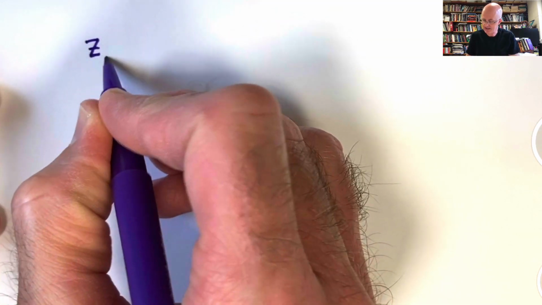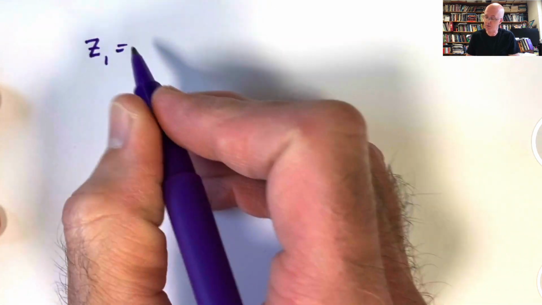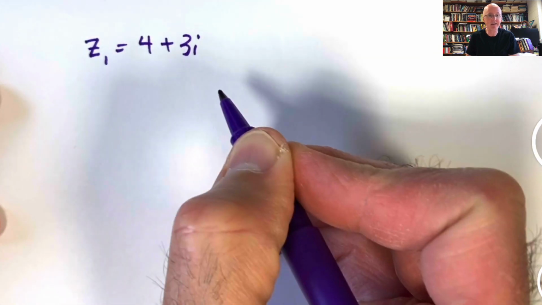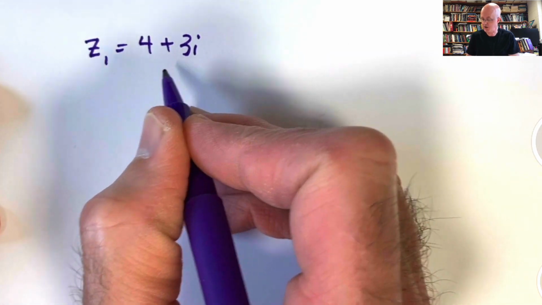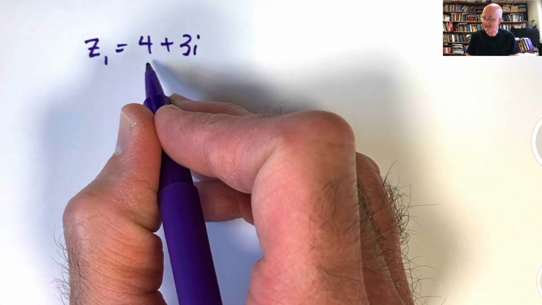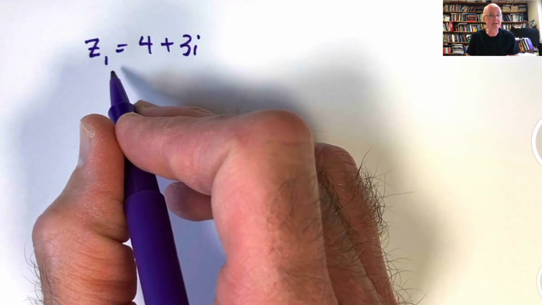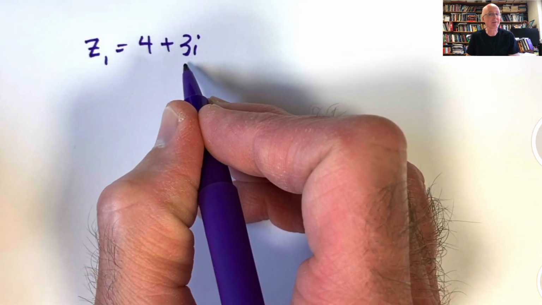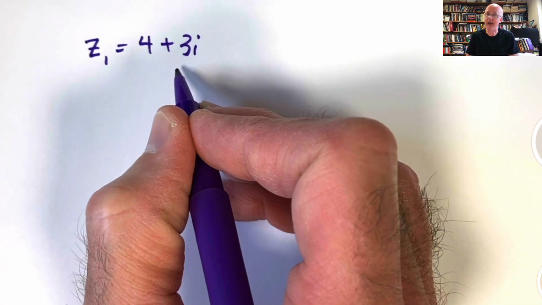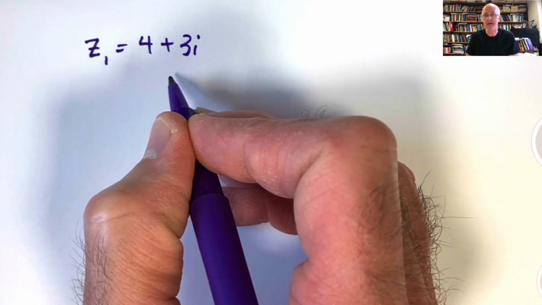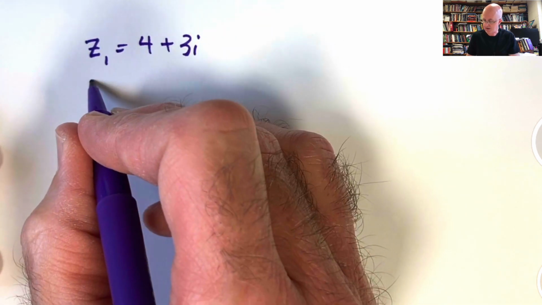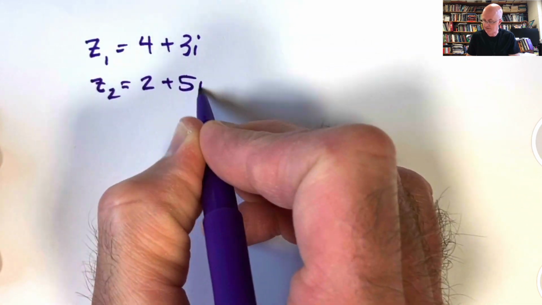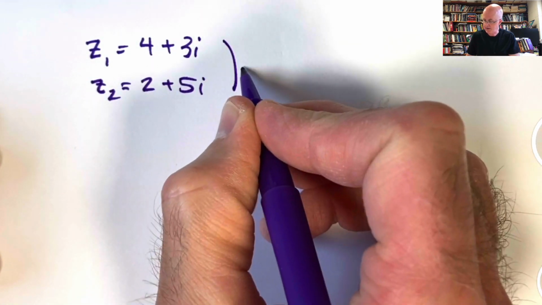As usual, it's helpful to think in terms of examples. Let's let z1 be a symbol that represents the complex number 4 plus 3i. So in this entire expression, the real number that's not next to the i is called the real part of this complex number z1. It equals 4. The real number that is next to the i is called the imaginary part of this complex number. It equals 3. We're going to let z2 be the complex number 2 plus 5i,